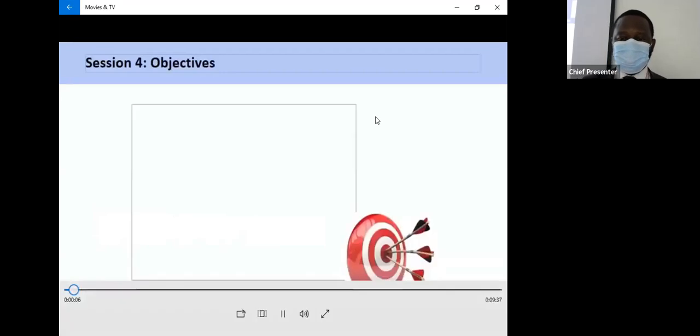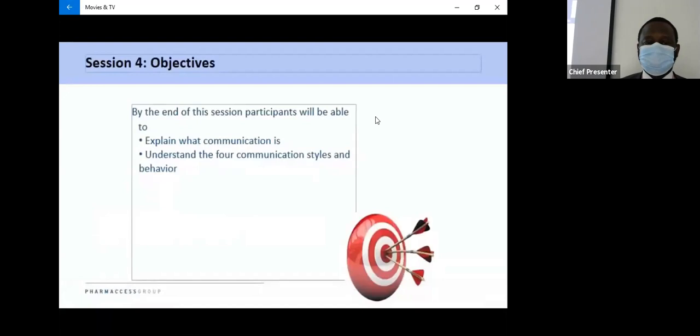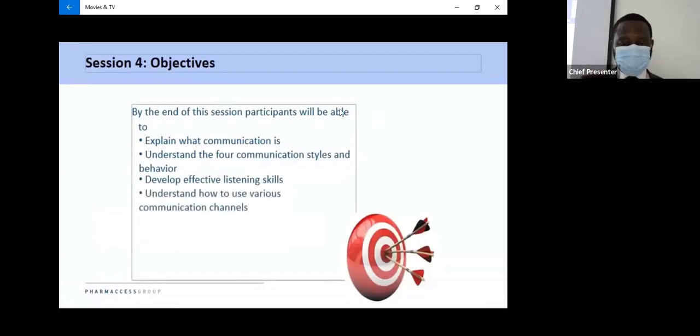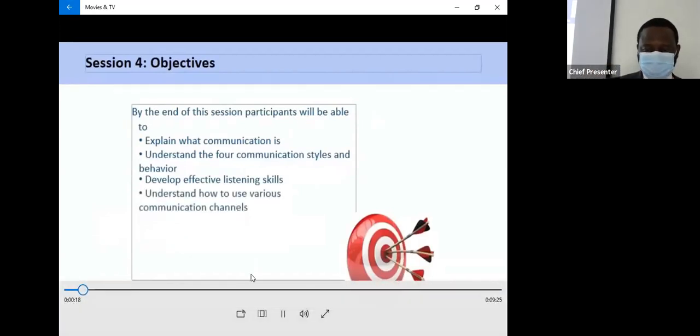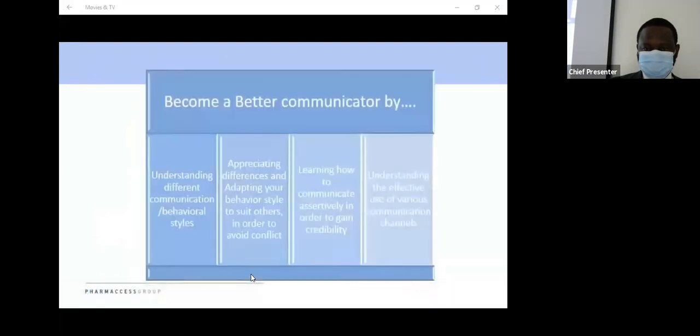Session 4, Effective Communication. By the end of this session, you should be able to explain what communication is, understand the 4 communication styles and behavior, develop effective listening skills, and understand how to use various communication channels. How do you become a better communicator? To become a better